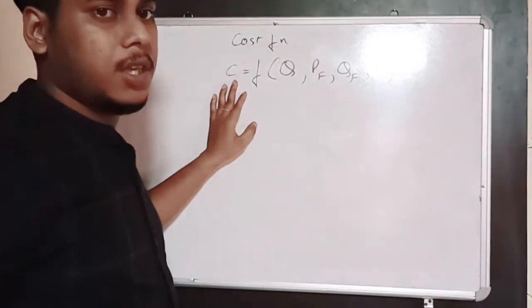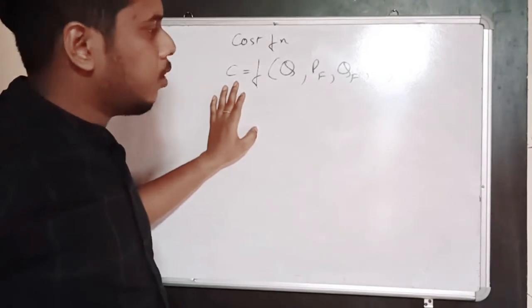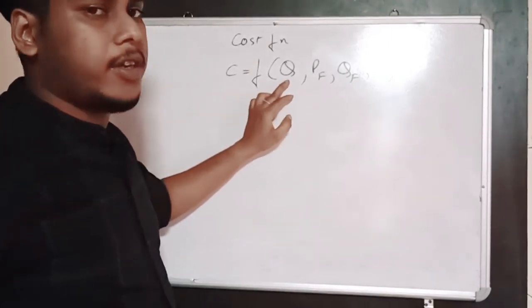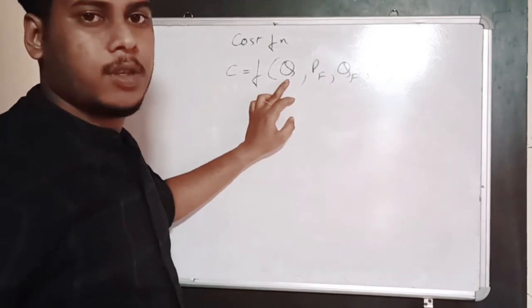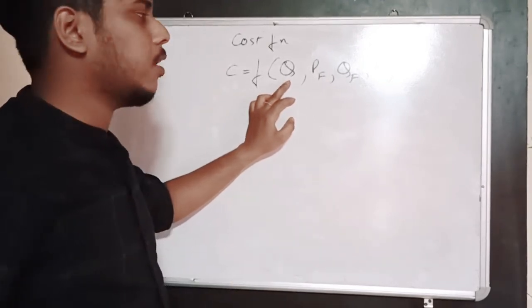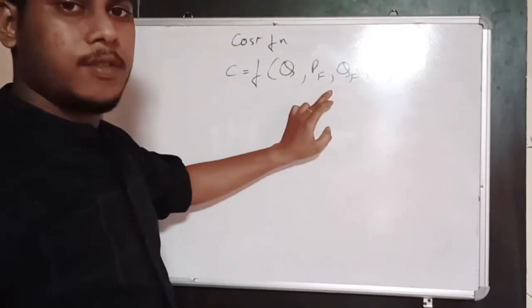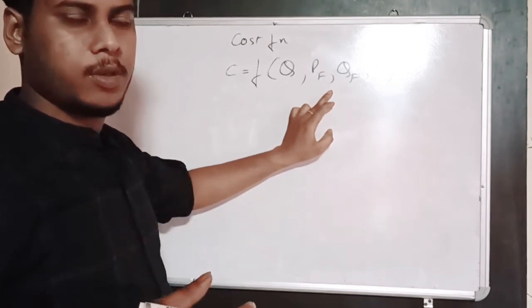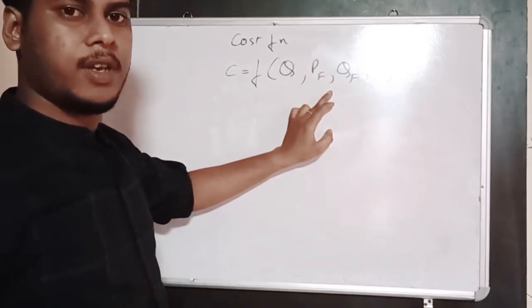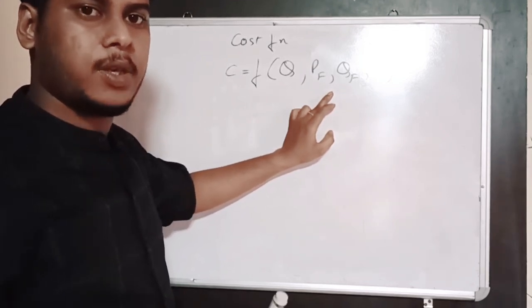So over here, the cost of production is shown to depend upon quantity of output produced. If you produce more, the cost of production will be very high, and vice versa. The cost of production also depends upon the price of factors. If the price of factors is very high, your cost of production will be very high. That means price of factor implies salary paid to the laborers, interest paid to the capitals.